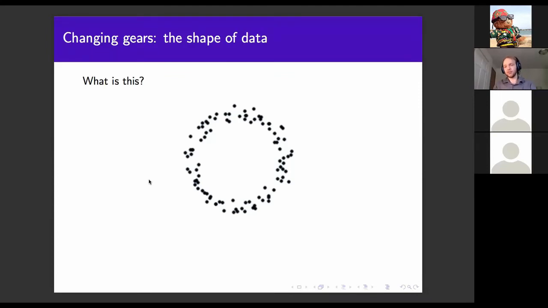So let me try and motivate it this way. What is this thing in front of us? Do you remember the first slide I had was, what is this? And it was a coffee cup. This is another one. What is this? So let's look at some answers. A topologist says it's a bunch of points. Okay, like it's the coffee. Yes, it's what the coffee's left behind.